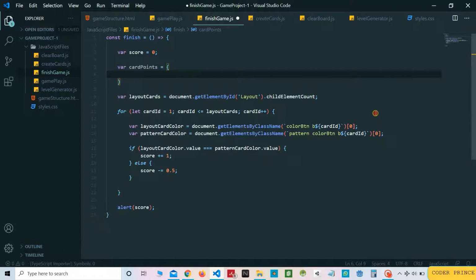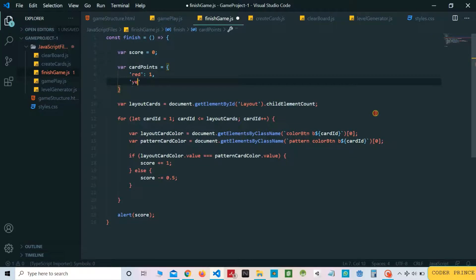The keys here I will be using are the game card values, those are the color names, that is red. Give proper naming, and red will have a point of 1, and the second one will be yellow. This will have a value of 1.5.